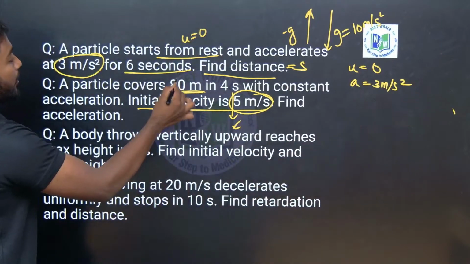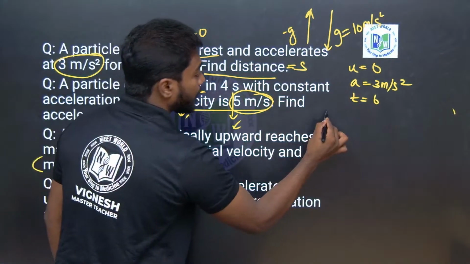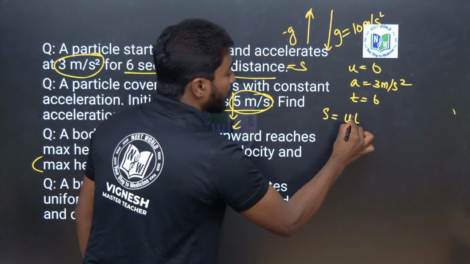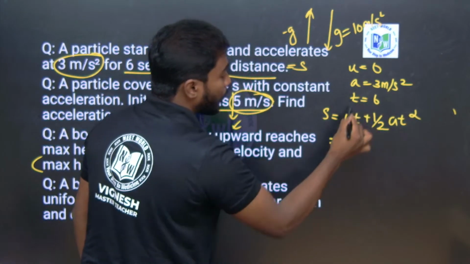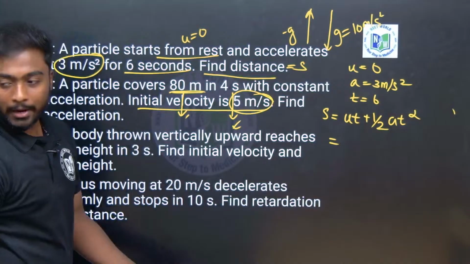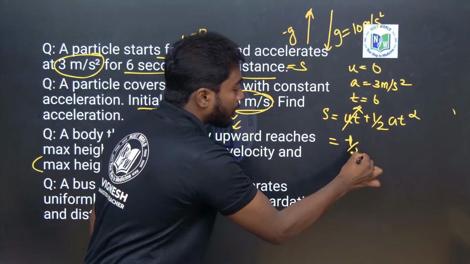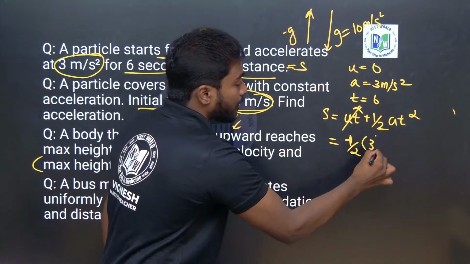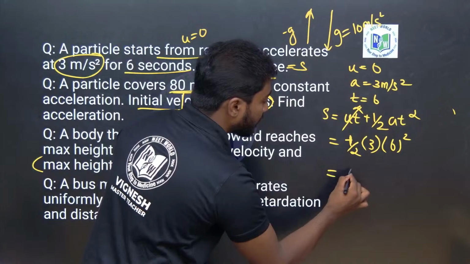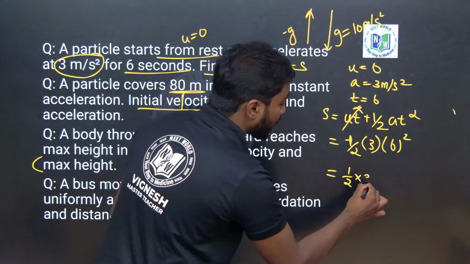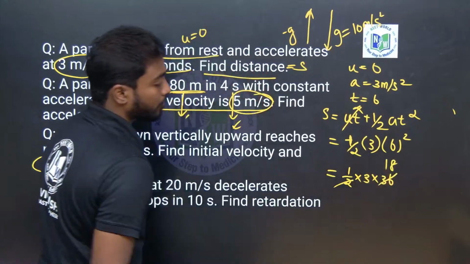I need to find the distance in 6 seconds. So what is the formula? s = ut + ½at². Where u is 0, u into something will again be 0, so I can eliminate this one. Plus ½ a, a is 3, and t is 6 squared. So this is half into 3 into 36, so 2 into 18, so 18 threes are,